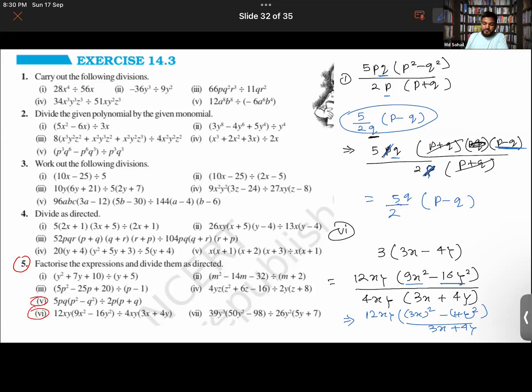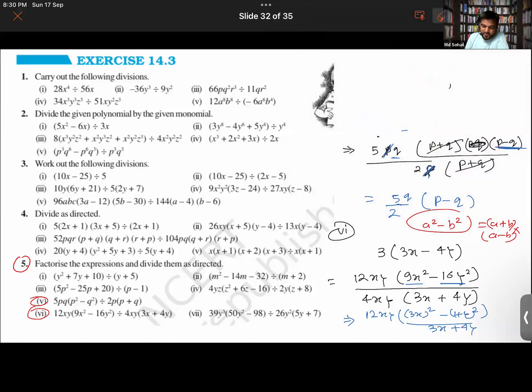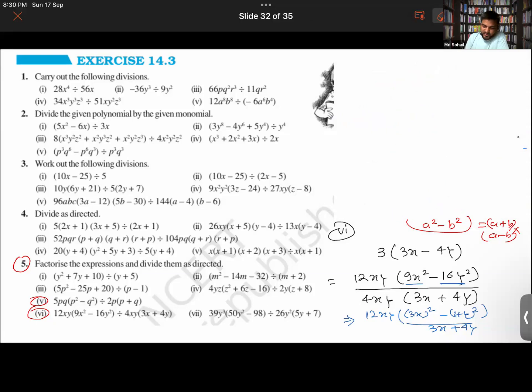I just said that in this one, you must have used the identity a square minus b square, that is a plus b into a minus b. That's what you just did in this one. Yes, sir. Not enough space is left here, so I'm writing it over here. Okay, so the question is continued from here, right? 2xy upon 4xy multiplied by 3x plus 4y. So here it is 3x square minus 4y square. It is simply